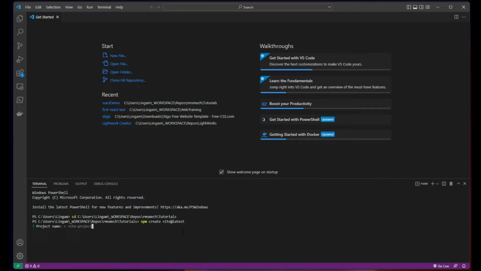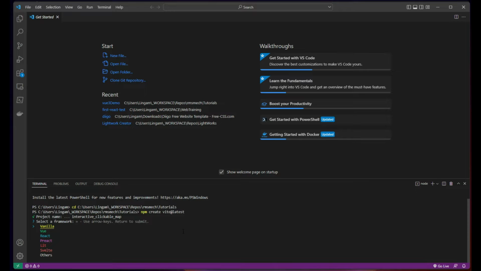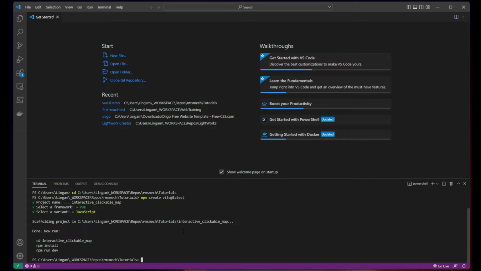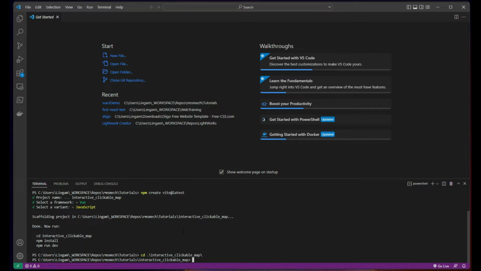Whenever it asks me, I will say the project name is interactive clickable map. I will use an underscore: interactive_clickable_map, and this is a Vue project. So let's go to Vue, and of course I need JavaScript or TypeScript. I will go with JavaScript, for instance. Then we will switch to the interactive map folder, and